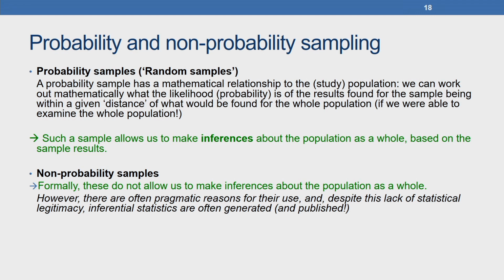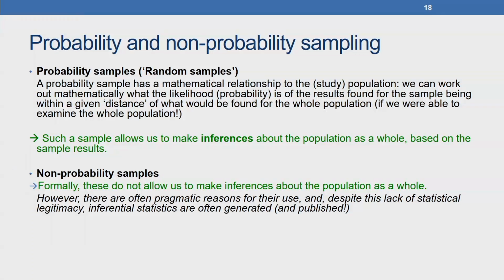If you are carrying out a one-point study, doing a survey based upon the sample that you have chosen, we can at best only describe the sample that we are studying, without being able to draw any inferences out of them for the entire population. As I just mentioned, inferential statistics are often generated and published based upon non-probability sampling. However, statisticians will not be very happy to see non-probability sampling coming up with conclusions that claim to represent the entire population.